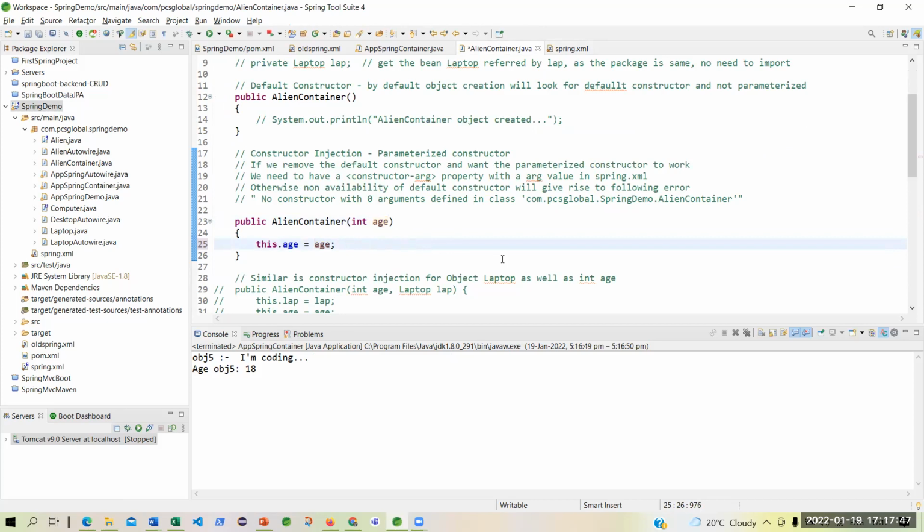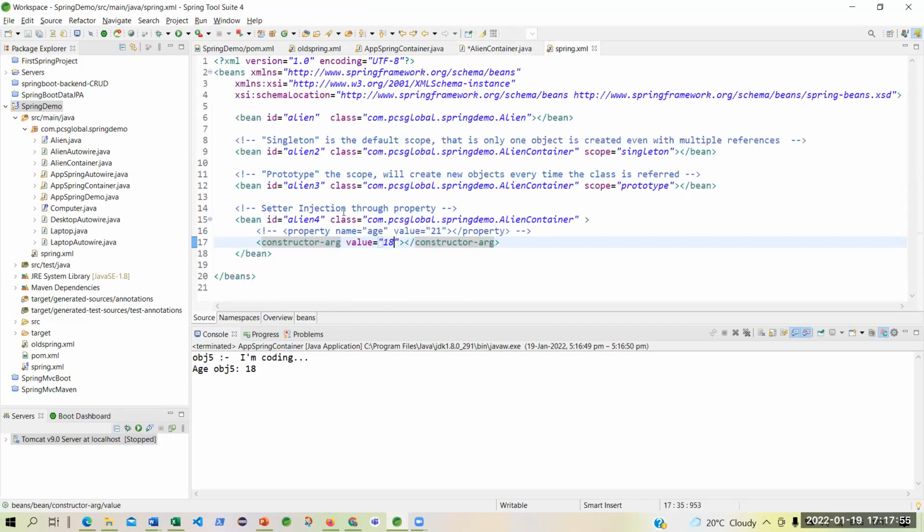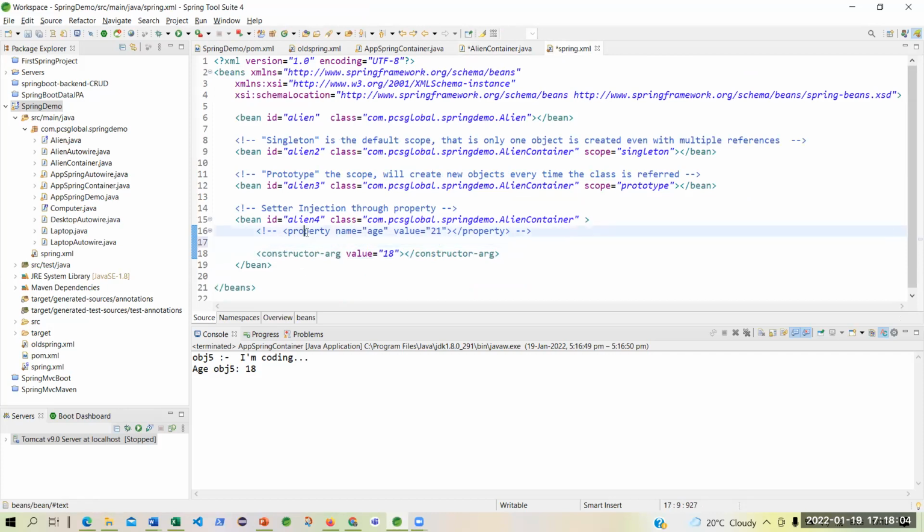Yes, sir. Now, my question to you is, since this has been assigned not through a property, I have made it commented out. Let me give a gap. So between this property and the constructor, I have made this off.